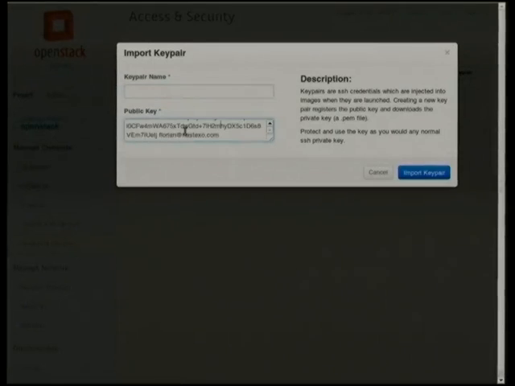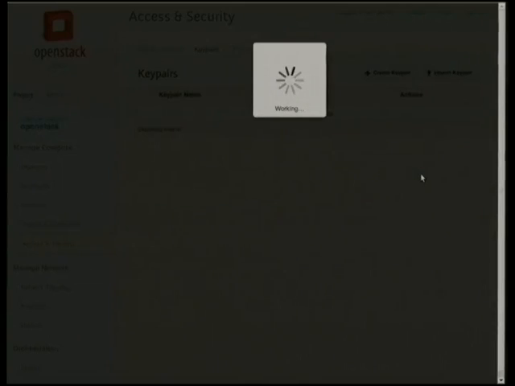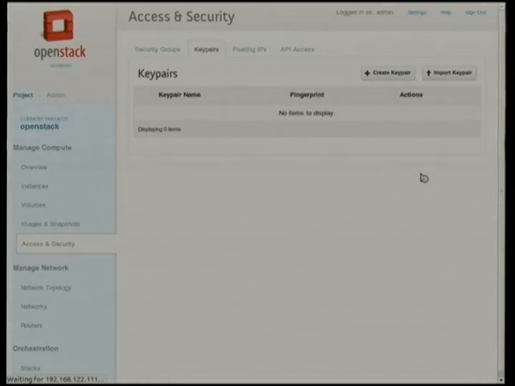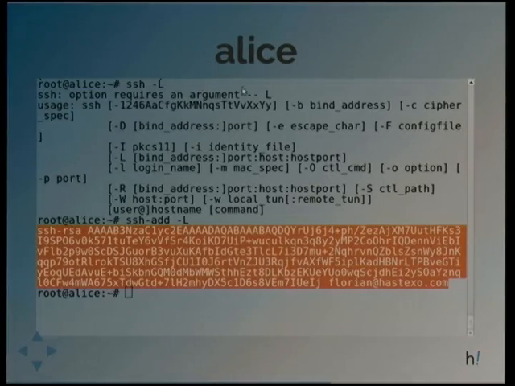That's my public key. Let's see. That looks good. And I'm going to call that Florian. Sweet. Okay. I have my key pair in there, and I have almost everything that I need to fire up